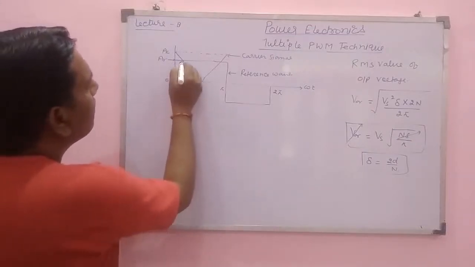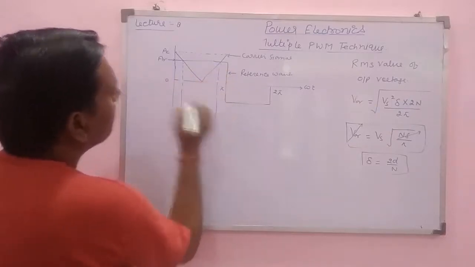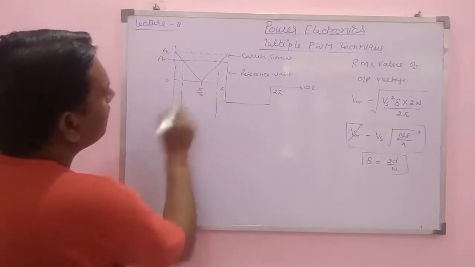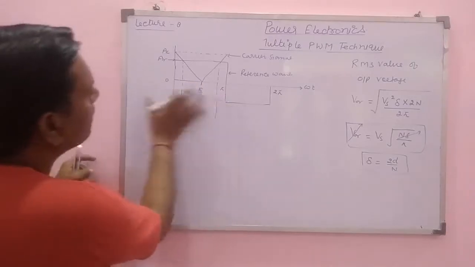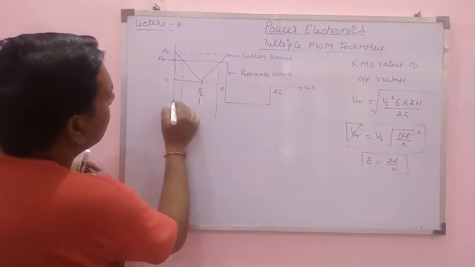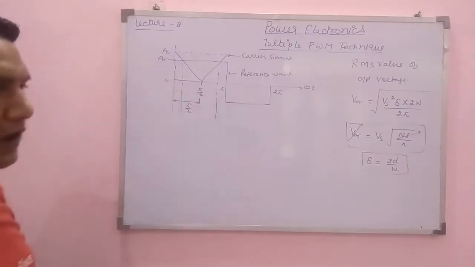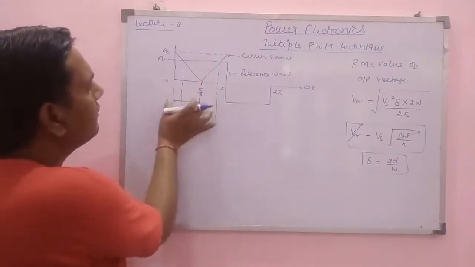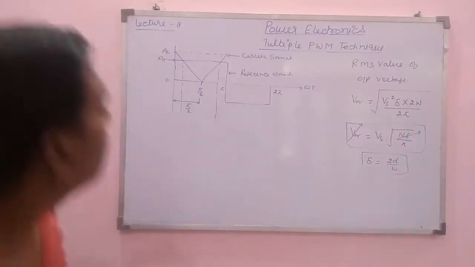So if we draw this line downward like that, this is how much? It is equal to pi by 2. If the total from 0 to pi, this total duration is how much? It is pi. So this is the center point. So up to here, this duration is equal to how much? This is half of the half time period. Half time period is pi, and this is the quarter time period. So it is equal to pi by 2.